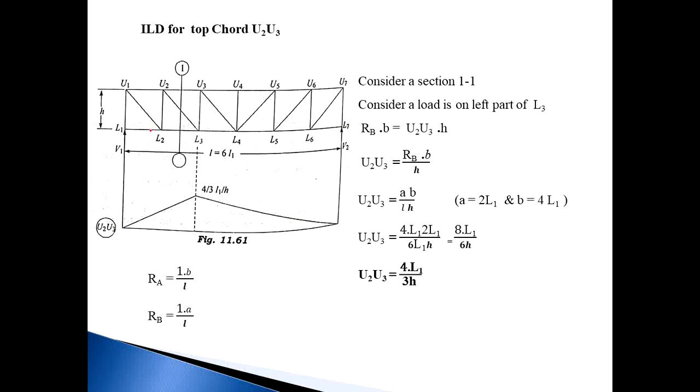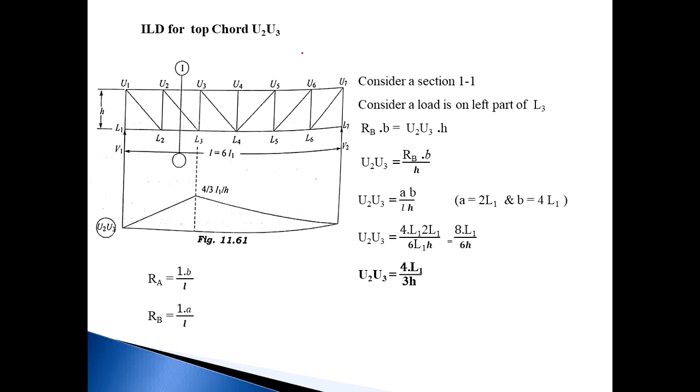And the second one is deck type trusses. Deck type trusses means what? The load moves on the top of the truss. That is called a deck type truss. Basically short bridges or any plate girder is a best example of a deck type bridge.